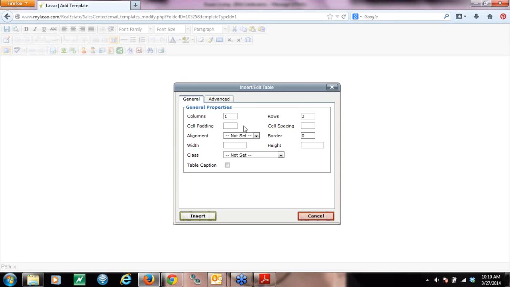I'm not going to worry about the cell padding or the cell spacing, but I am going to change the alignment. The alignment means how that's going to align on that person's screen. So we want it to center align, so it won't be over to the left, and it's not going to be over to the right. It's going to be right in the middle of their screen when they open that email. Now the width here, I am going to put in a width, and the width that we say to stay within would be a 650 pixel width here. So you don't want to get